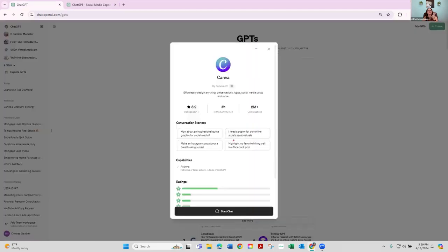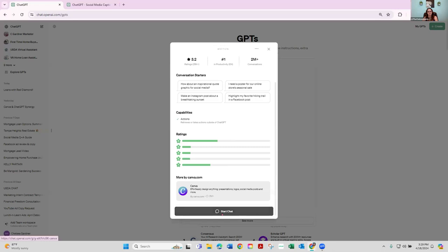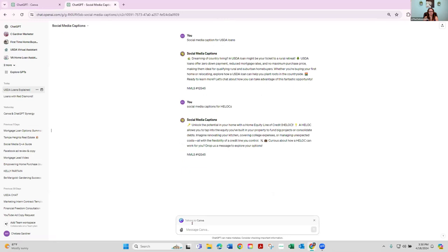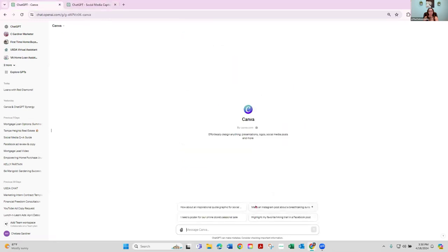For most of you, it may say start chat. Some of you, it may require you to log in or sign in, whatever the case is. Click on start chat or whatever prompt it asks you to do. If you don't see that option when you're in here, go do that.